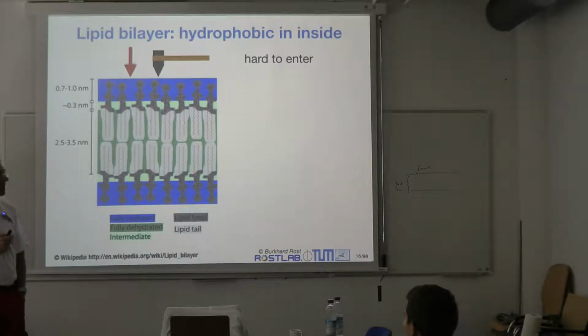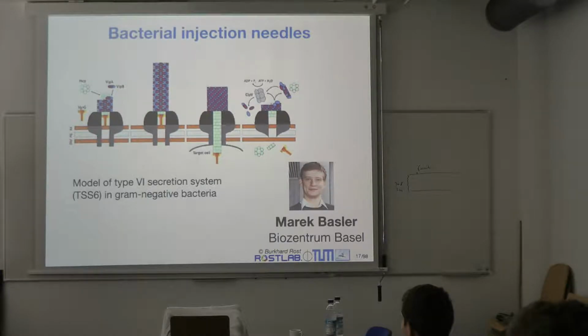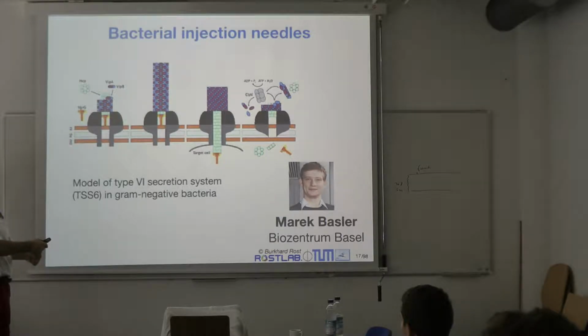And in fact, there's even a mechanism, and this is work from Marek Basler at the Biocenter in Basel, looking at the so-called type 6 secretion system in gram-negative bacteria, which is built up of a lot of proteins. You can think about it as a pump or as an apparatus that builds up a lot of mechanical energy. Then the pump suddenly collapses, and this ring structure takes